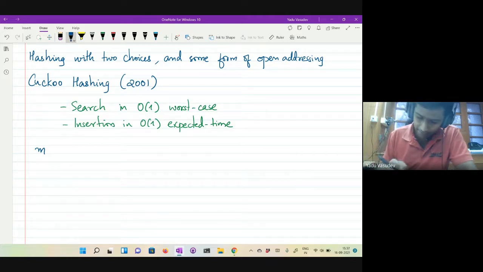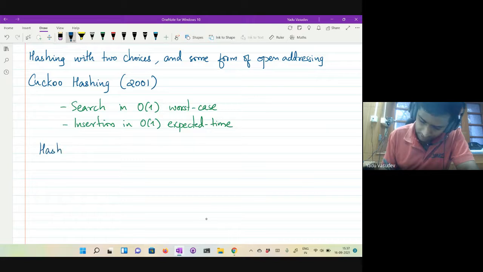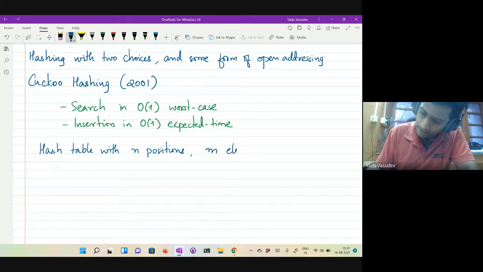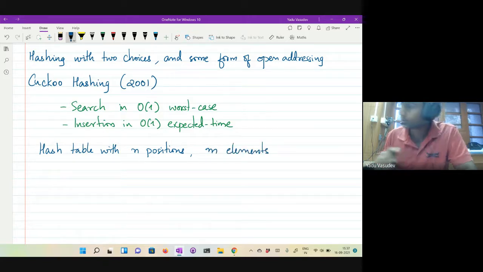You have a hash table with n positions, and you have m elements to be inserted.